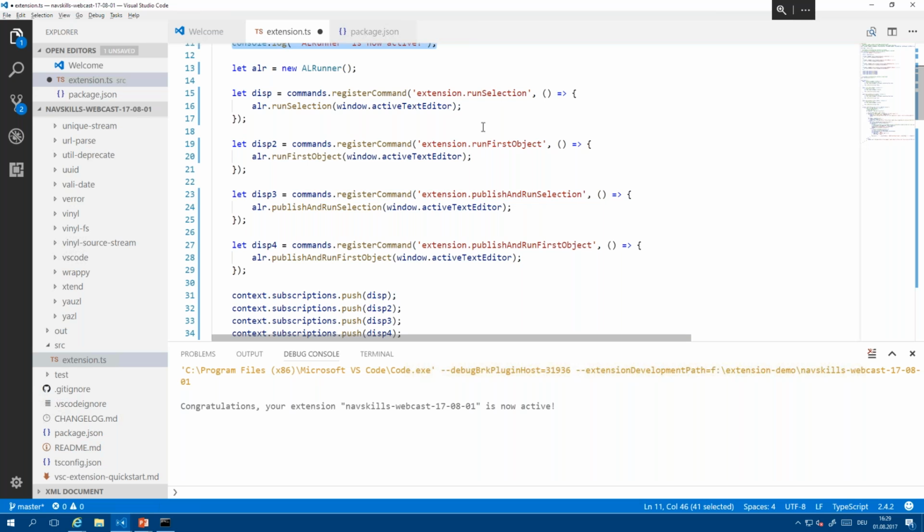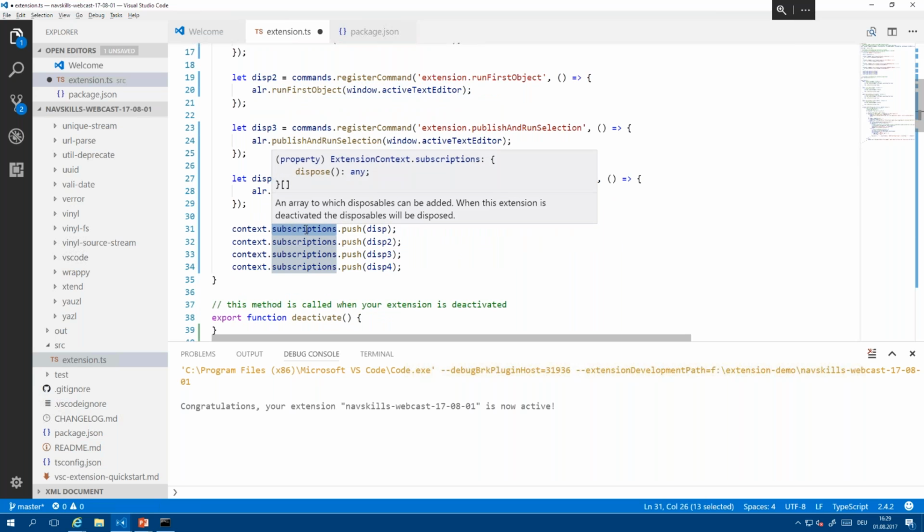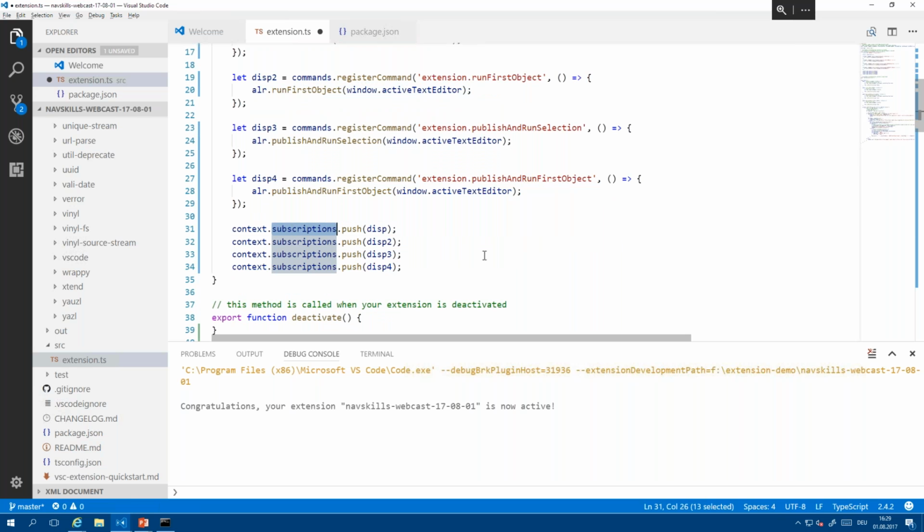So we tell it that we want to register a command called run selection, run first object, publish and run selection, and publish and run first object. We are telling it what to do then. This is now calling the code that we just defined in each and every one of those cases. And then we are pushing it into the so-called subscriptions, which means that we are making sure that VS Code knows what we are offering.